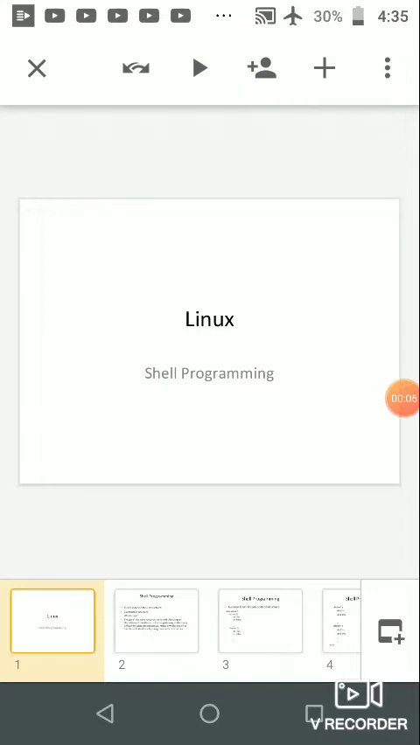Hello, welcome students. So again, we have come back in our lecture session on Linux shell programming. As you know, we are continuing our lecture session regarding Linux shell programming, and currently we are in the decision control structure discussion,